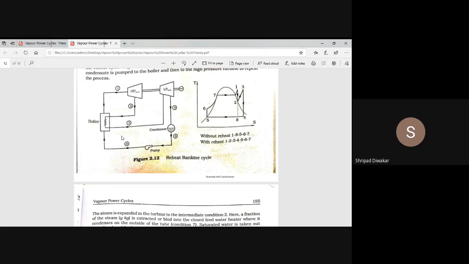So rather than supplying the cold water directly from the pump to the boiler, first we have to pass it to the regenerator. That is nothing but point 7. When you supply the water to the regenerator, a little bit of heat addition takes place, and then you can easily convert that preheated water from the regenerator to the boiler, so that the process will be smooth. Hence you have to show the point on the saturation curve. Okay, and just one more point is there, 8. Just drop down from 1 to 8. On the horizontal line, mark that point as 8. So this is how to draw the reheat Rankine cycle.